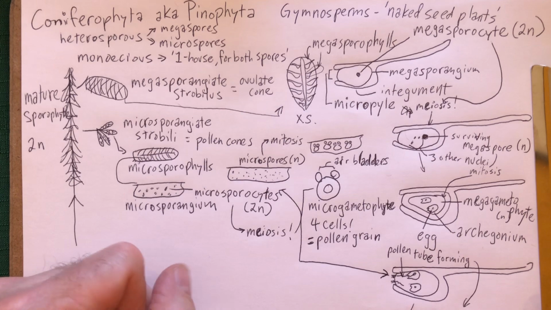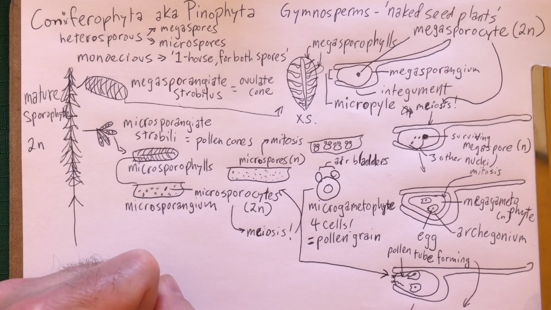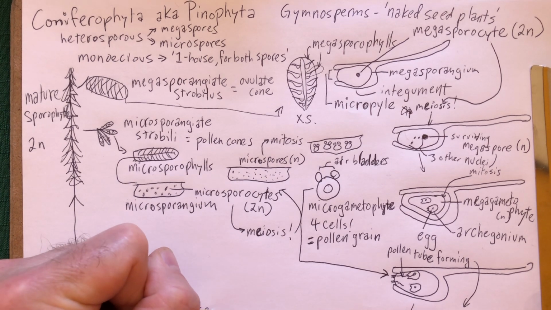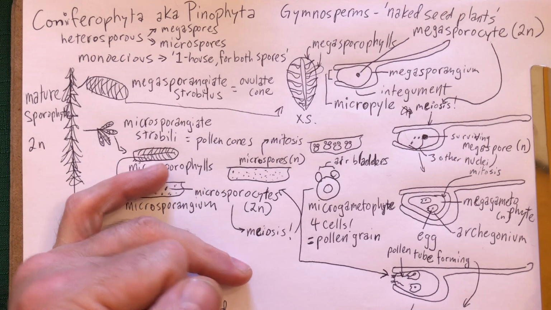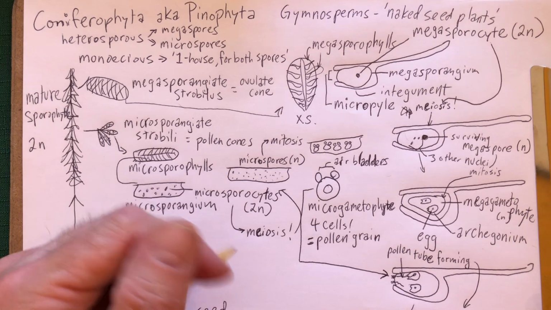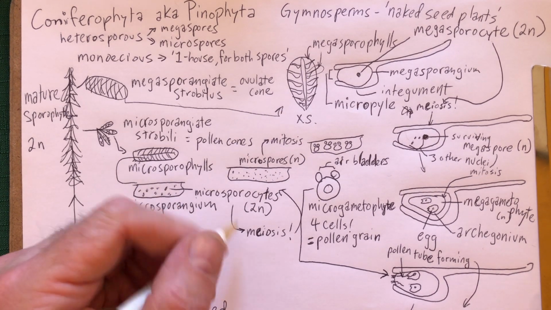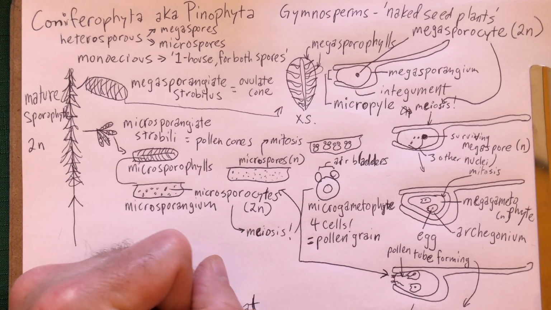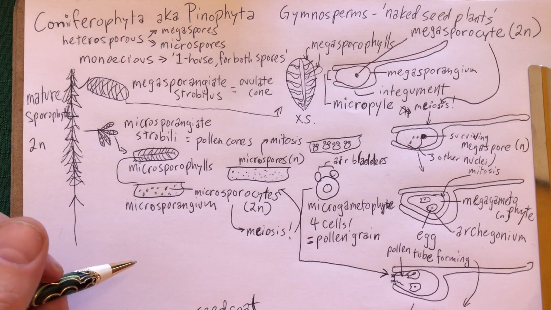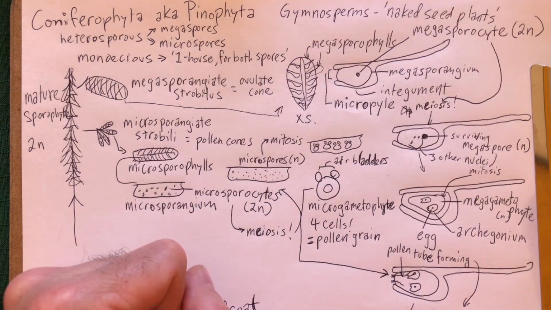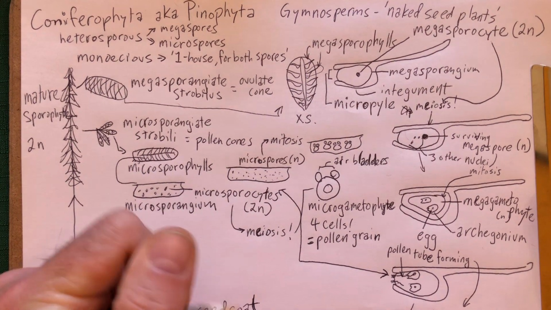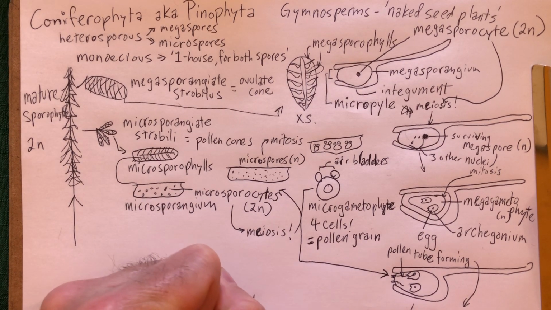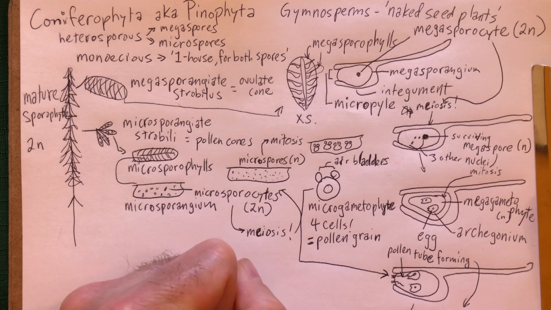So the integuments, now that they've sealed that in there, that being the embryonic plant and the remains of the megagametophyte, are going to form a seed coat, which is going to protect that embryo and the remains of the megagametophyte. We're also going to have the remains of the megasporangium,